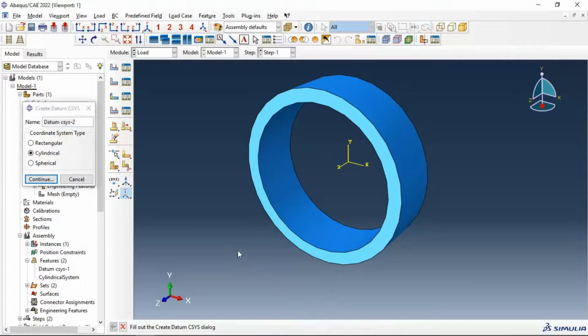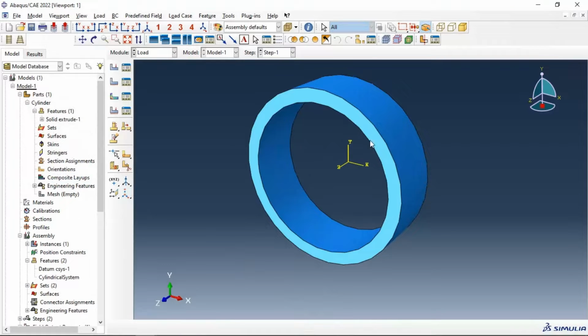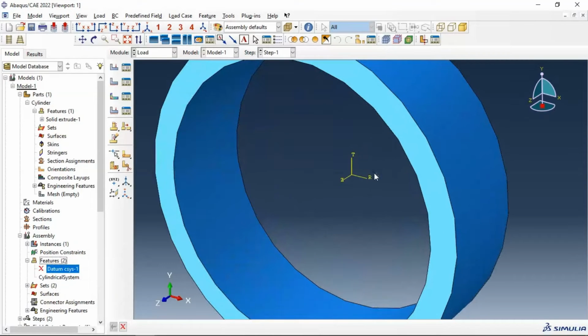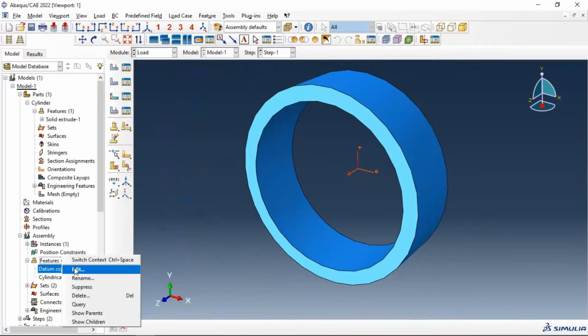Create that one. Now we have the two datum systems. Let's see in this assembly features datum system 1 and datum system 2. Let's delete the first one, suppress. Now we have this datum system we created. Let's resume the first one. Now we will learn how to use the cylindrical system when we apply our load